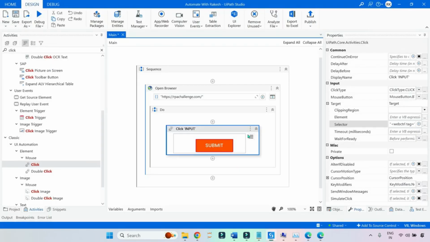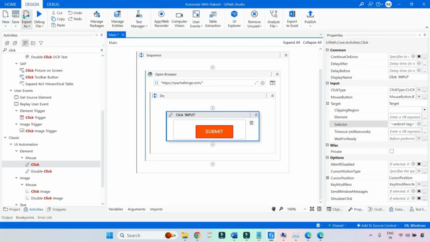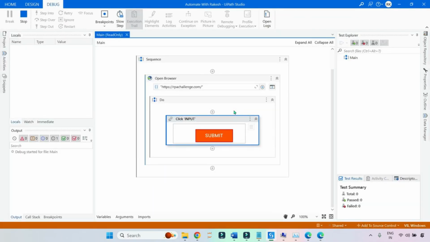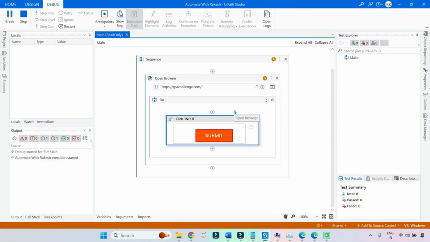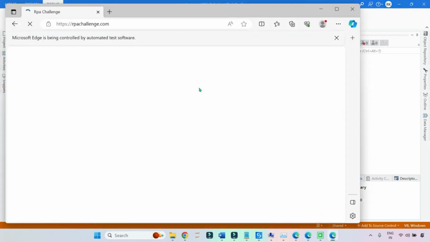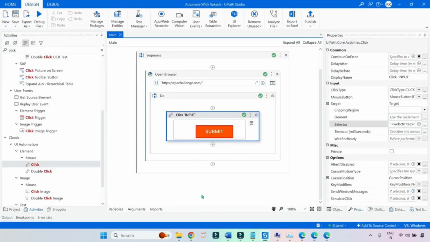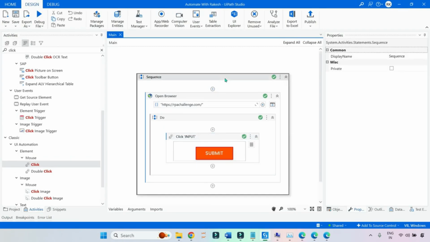Okay, getting it? So this is done. Now if I am going to save and run this, what's going to happen is going to automatically open the browser. It will do the automation, the exact automation, but again it is controlled by the test software. Okay, now you can see it has clicked on the submit button. Got it? Now the next way what we will do, we will use